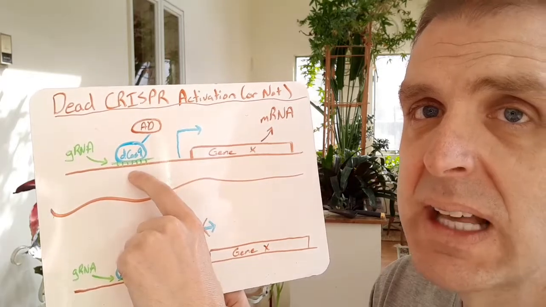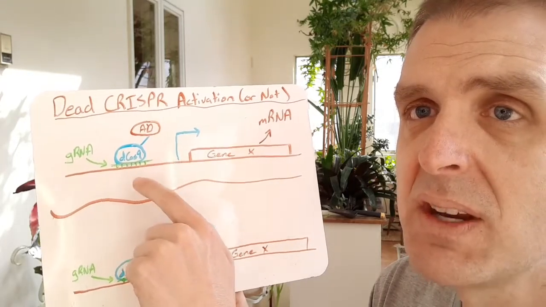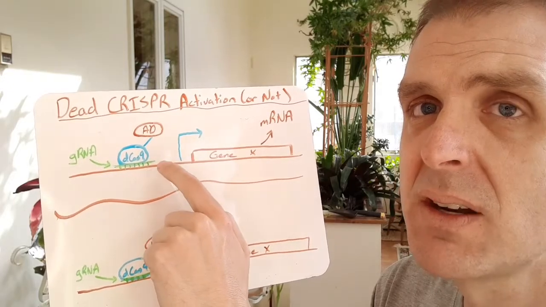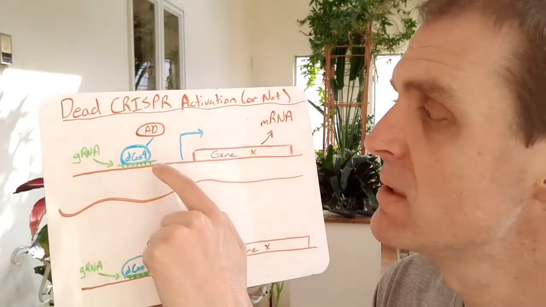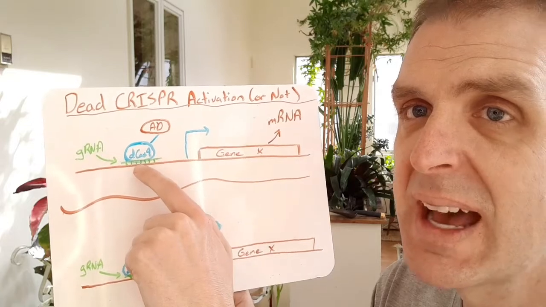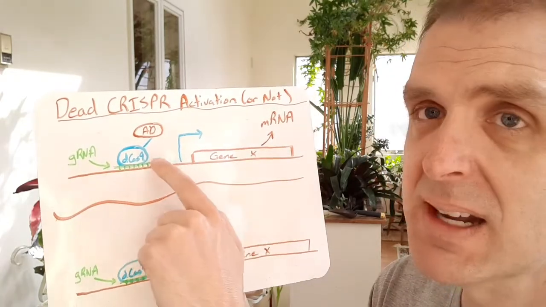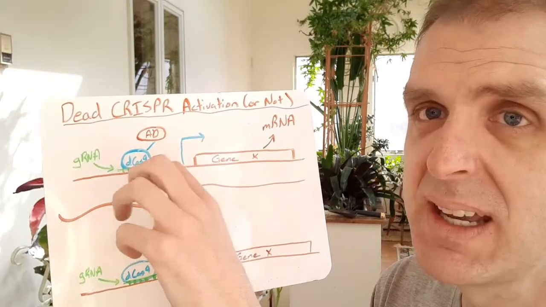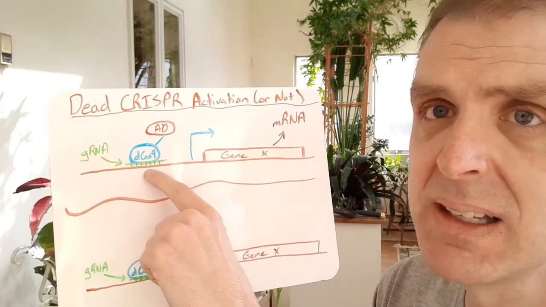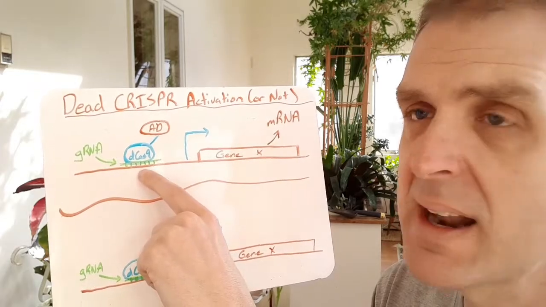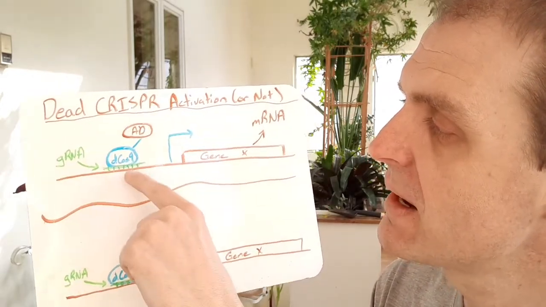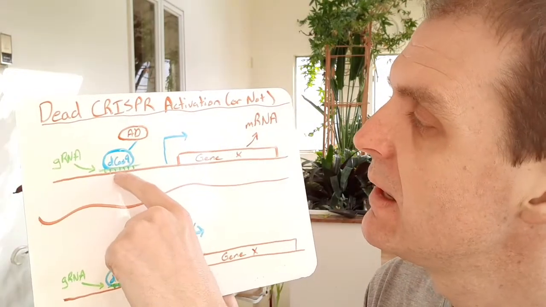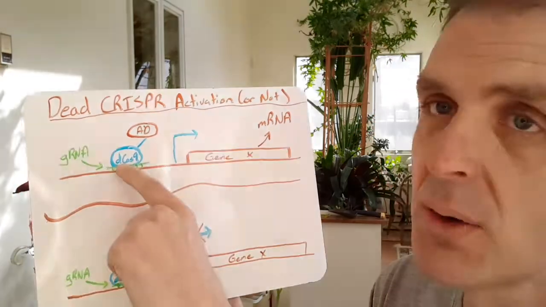So in the previous slide, the transcription factor activation or binding domain was a protein that had specific recognition for a specific DNA sequence. Here, the Cas9 protein does not have specific DNA binding properties until it's in a complex with the guide RNA. So the guide RNA helps Cas9 figure out where on the genome to bind, and then we have a lowercase